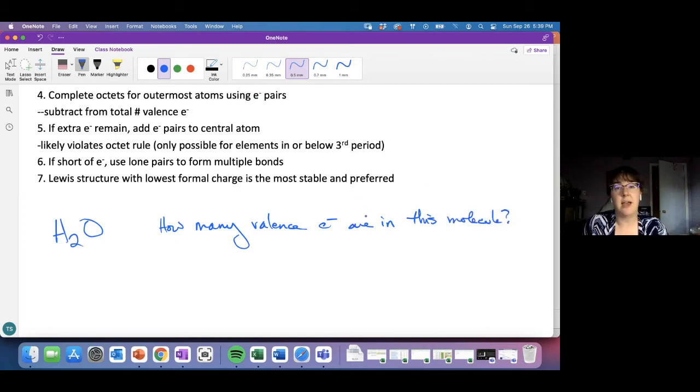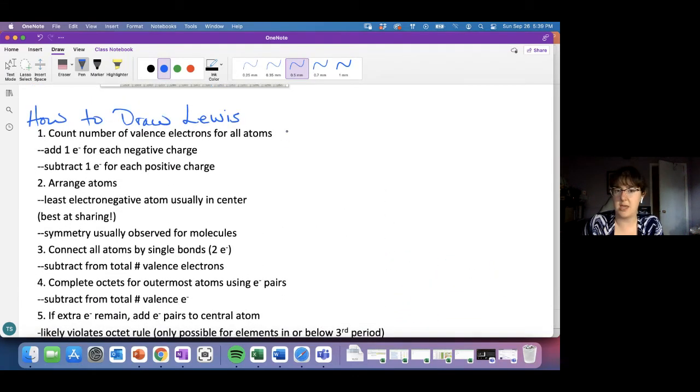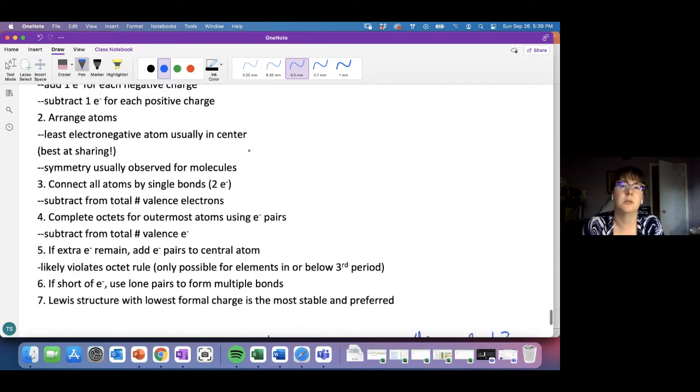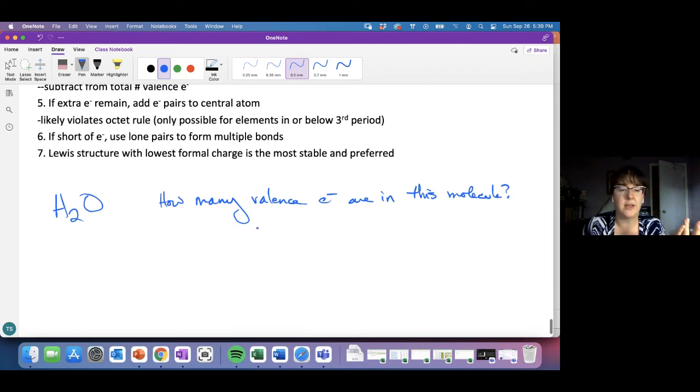And honestly, you don't have to draw the whole Lewis structure to answer that question, but you would need to be familiar with Lewis structures, because the very first thing is to count the number of valence electrons for all of the atoms. Since that's the very first step in drawing Lewis structures, we expect that you can do that. So as far as how that's going to work,